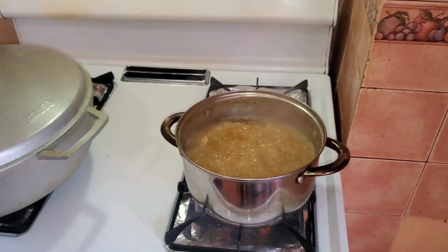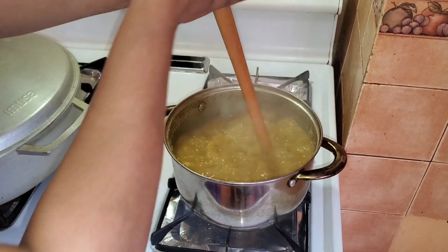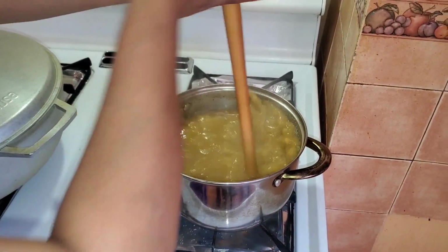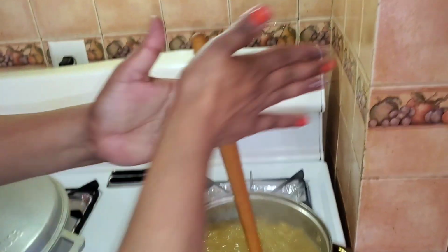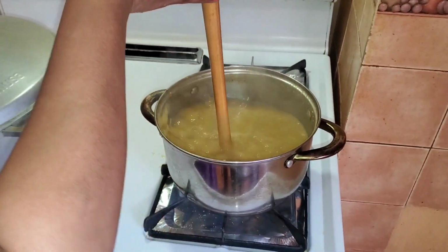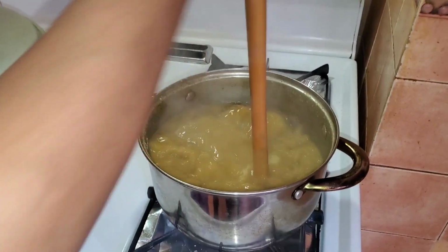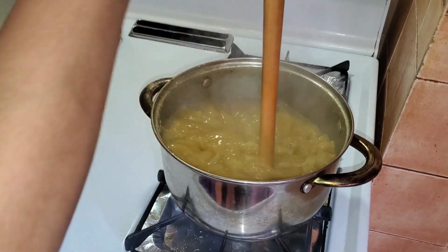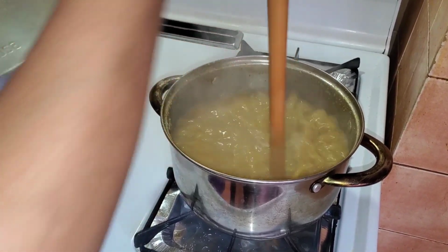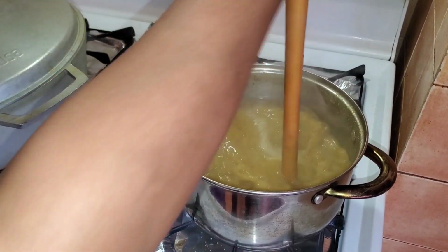Alright, after 35 minutes of cooking the dal, we're going to goatee the dal now, or swizzle. Some people say swizzle, some people say goatee. This is how you swizzle the dal. That's swizzling the dal. After we finish swizzling the dal,